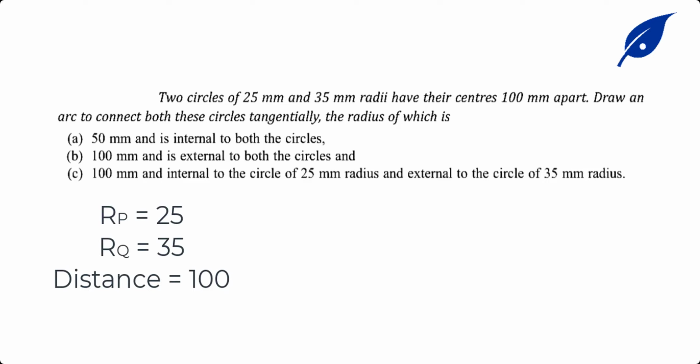So we start by taking points P and Q. The radius of circle P is 25 and that of Q is 35, and the distance apart is 100mm. Having established this, we'll now start the construction, where we draw a horizontal line and from it